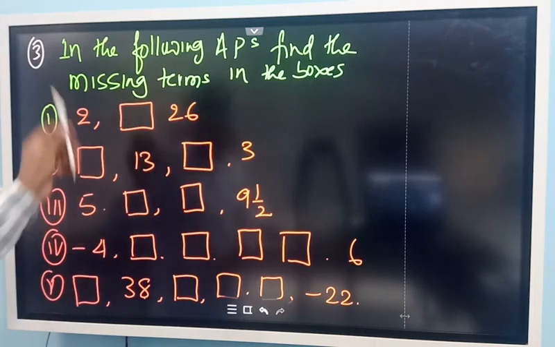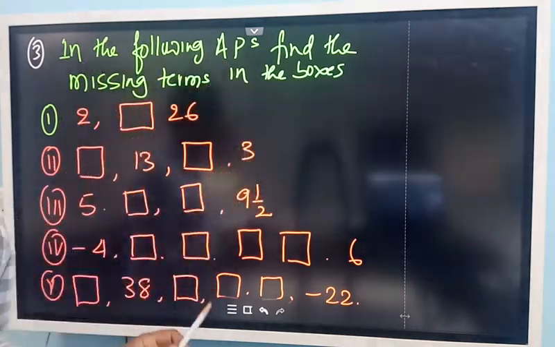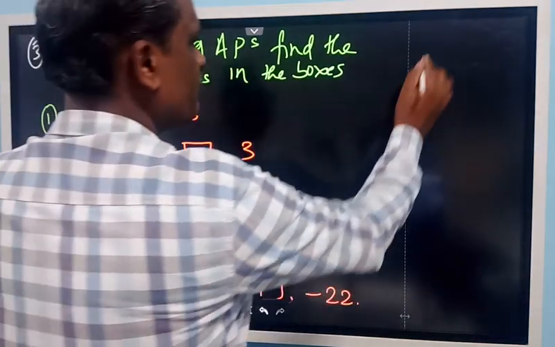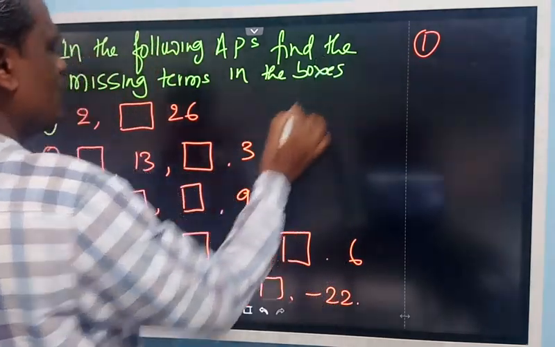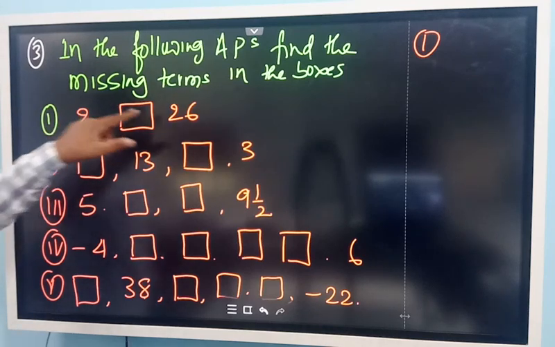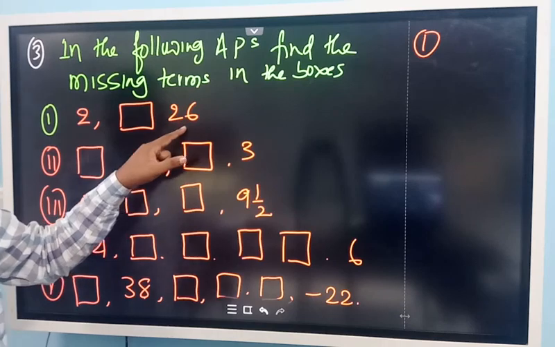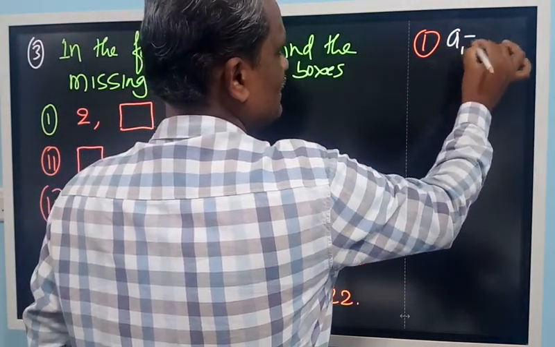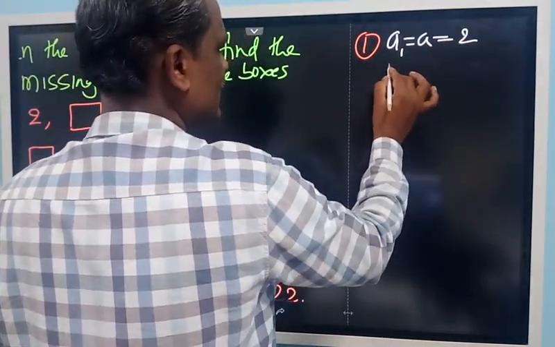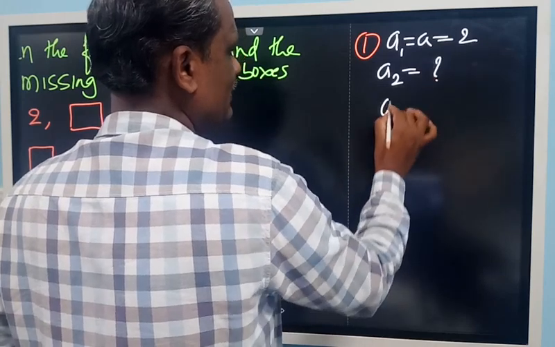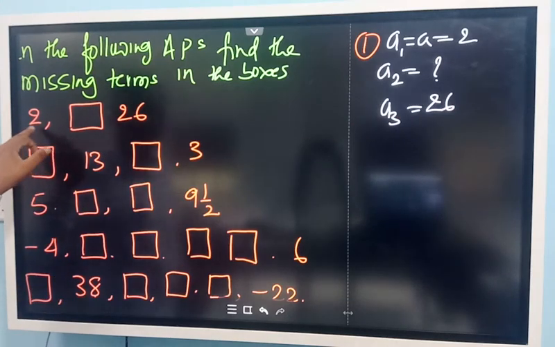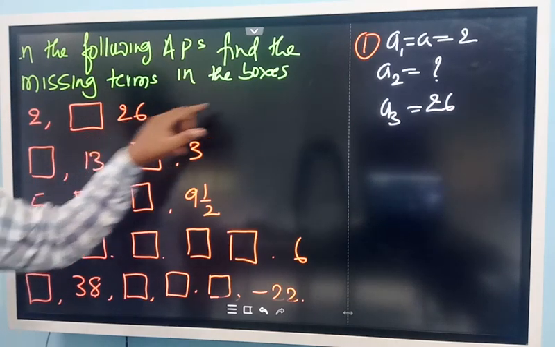So here, in the following arithmetic progression, it is clearly told that it is an arithmetic progression and you need to find out the missing terms. Look at the first one. You take it from the first question, you can write these details now. What is given here? Only 3 terms are there. This is the first term, this is the second term, the third term. The second term is missing. The first term is represented by the symbol a1 is equal to a. Always we represent it by the symbol a, and it is equal to 2. So the second term is missing, and the third term is given, it is 26. So in this given question, a is the first term a1, the second term is missing, the third term a3 is 26.